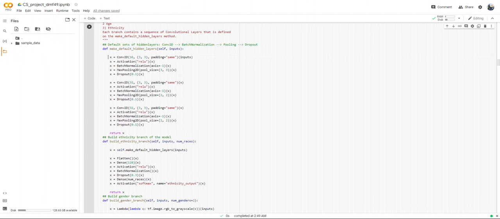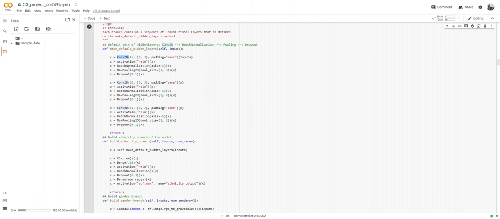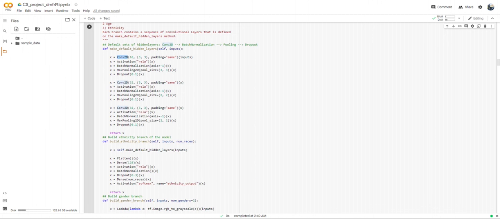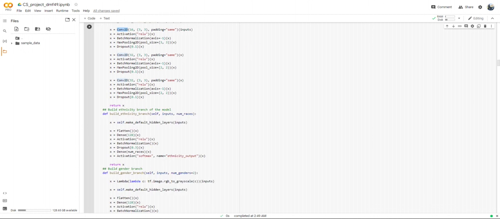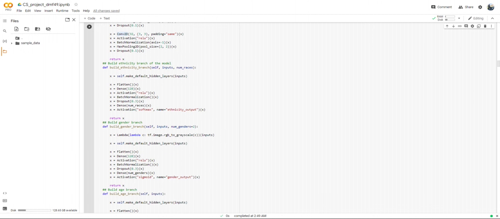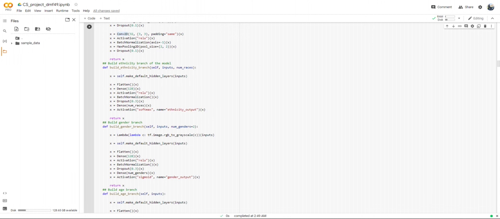You can see I have used convolutional, and then convolutional layer. Then there is a ReLU activation, batch normalization, and then max pooling 2D, and finally the dropout layer. The ethnicity branch has some specialization in it. I use the ReLU activation, but near the output I have used the softmax activation